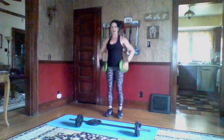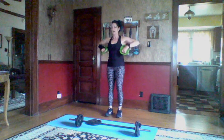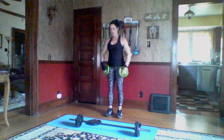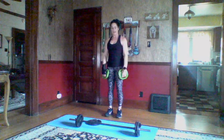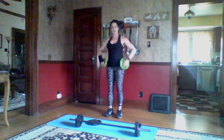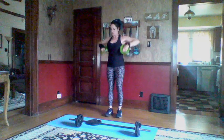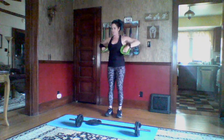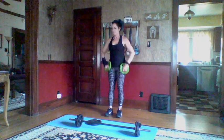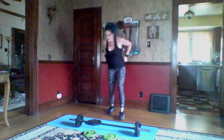We want to be tall and proud with our posture. Woo. Squeeze those elbows out wide. Feel the muscles pull right back. All right, this time for cardio